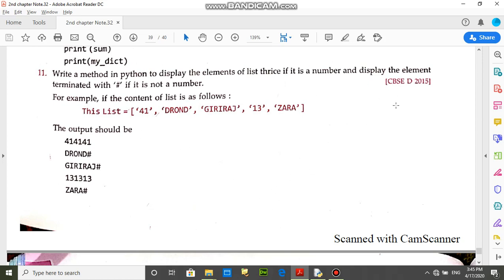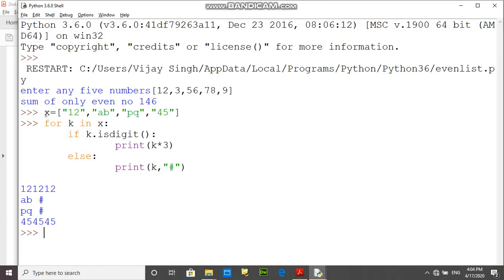This is a code related question, CBSE 2015. So how can we make this type of program? Students, x is a list that consists of string values, but some string values are only in digit form, and other values are strings.